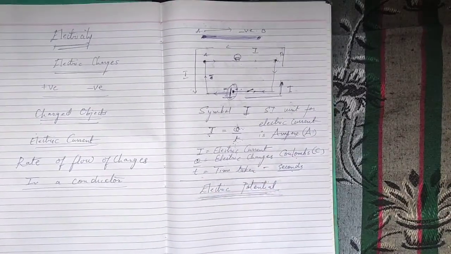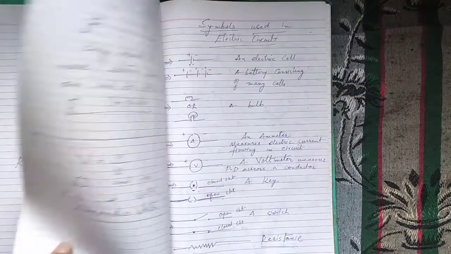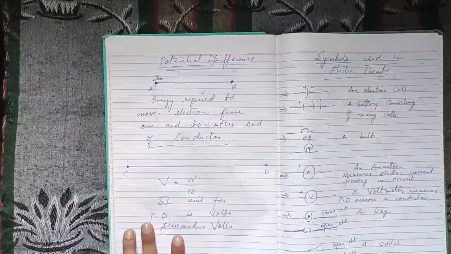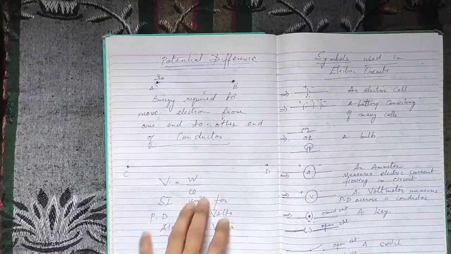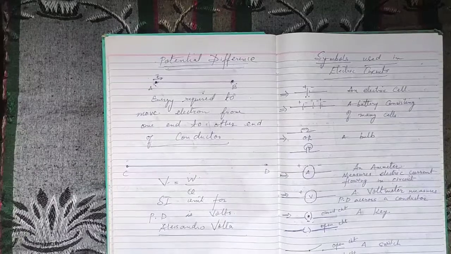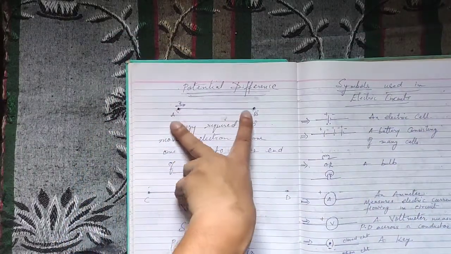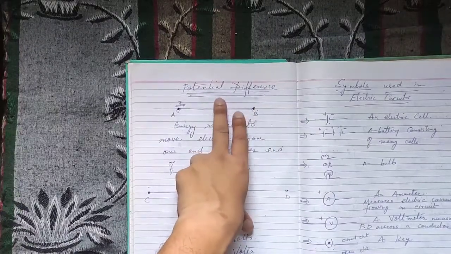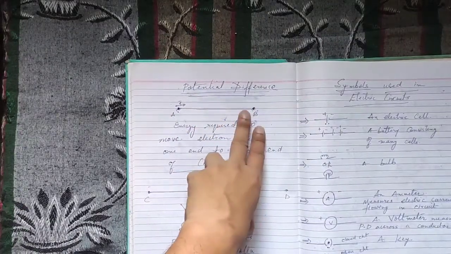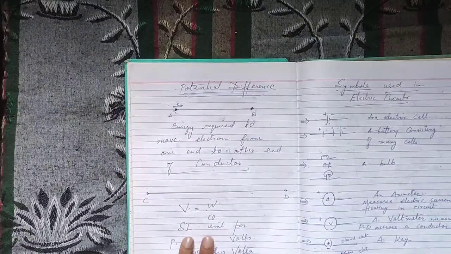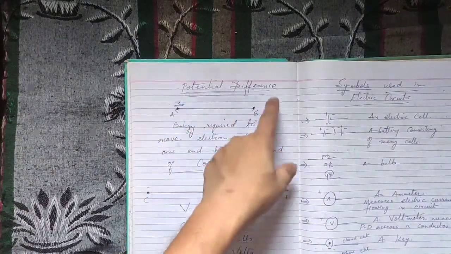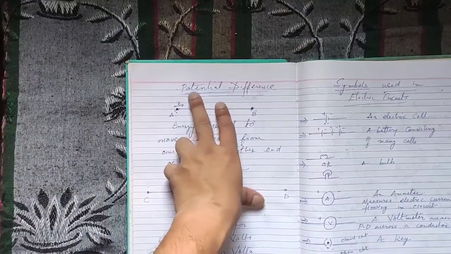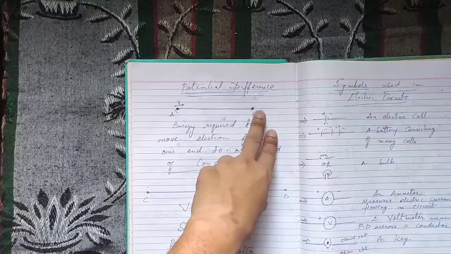What is electric potential? Electric potential is the potential energy required to move the charges, or the energy that moves the charges from one point to the other end of the conductor. And every single conductor has its certain potential difference. If you don't provide that much potential energy, then the charges will not move from one end to the other end of the conductor. So there's a difference between potential and potential difference. Electric potential has to be sufficient so that it meets the potential difference and the charges can move.